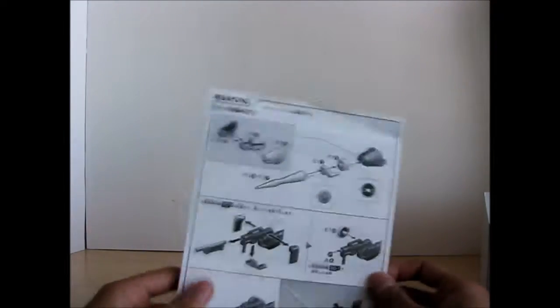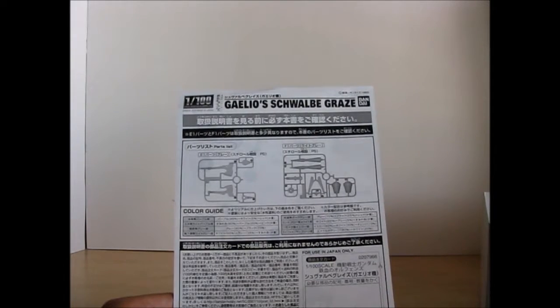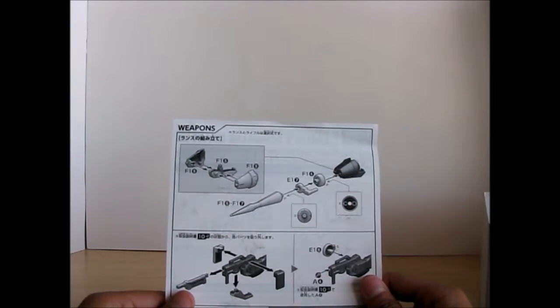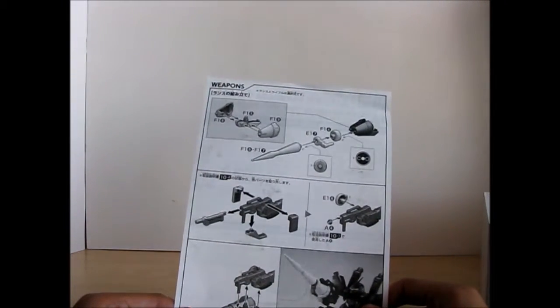And I guess these are the special instructions exclusive to this version. Alright, looks like you just build the lance and attach it on the gun by taking it apart. Alright, so that's what you will get with the